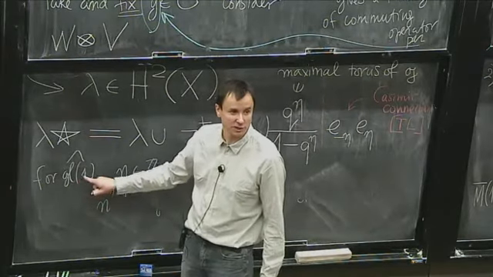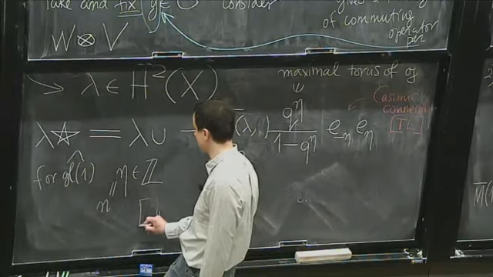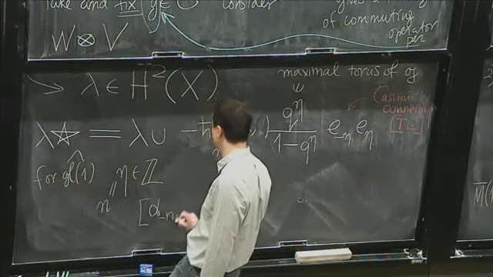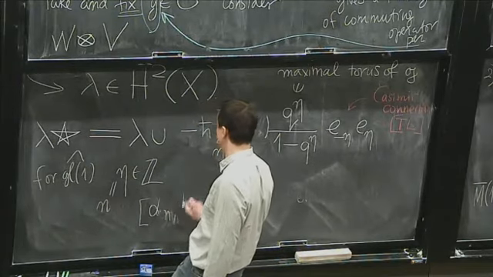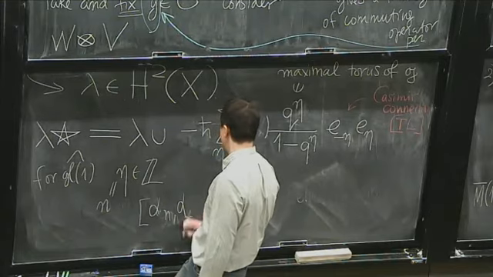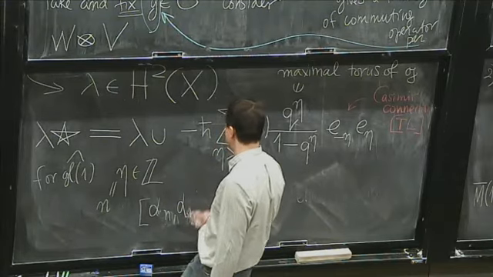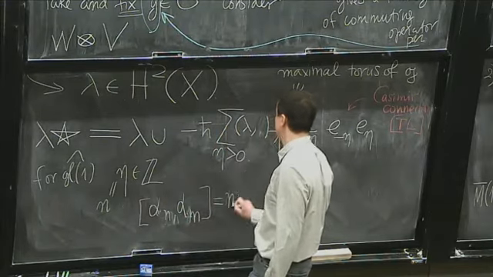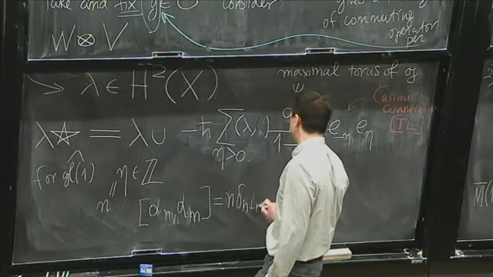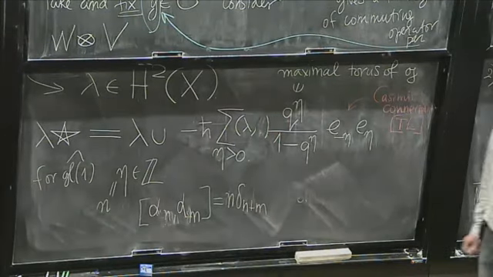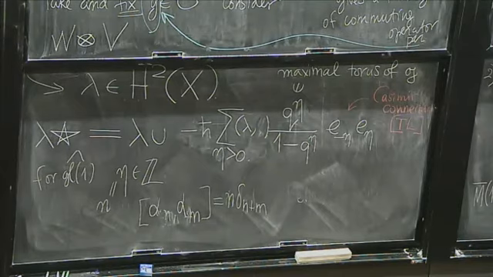In GL1 hat, there's a central extension that says the commutator of alpha minus n and alpha m is n times the delta function of n plus m. That's the central extension in GL1 hat. Then the